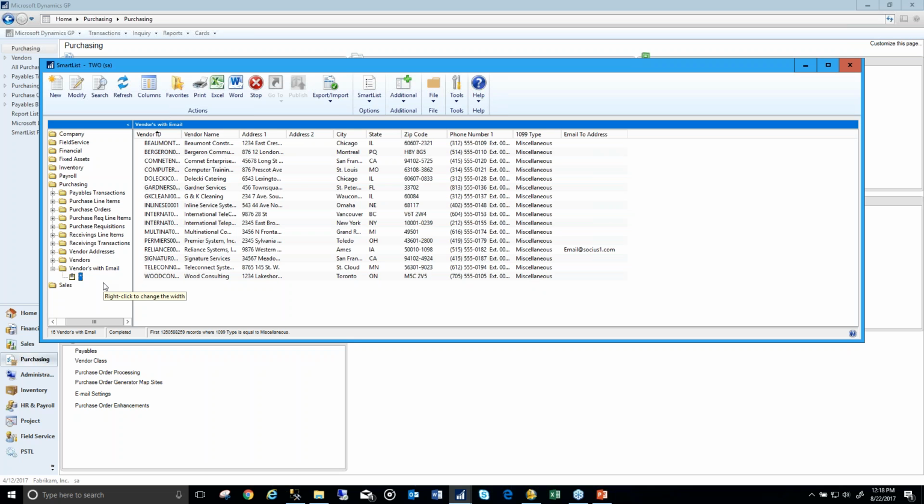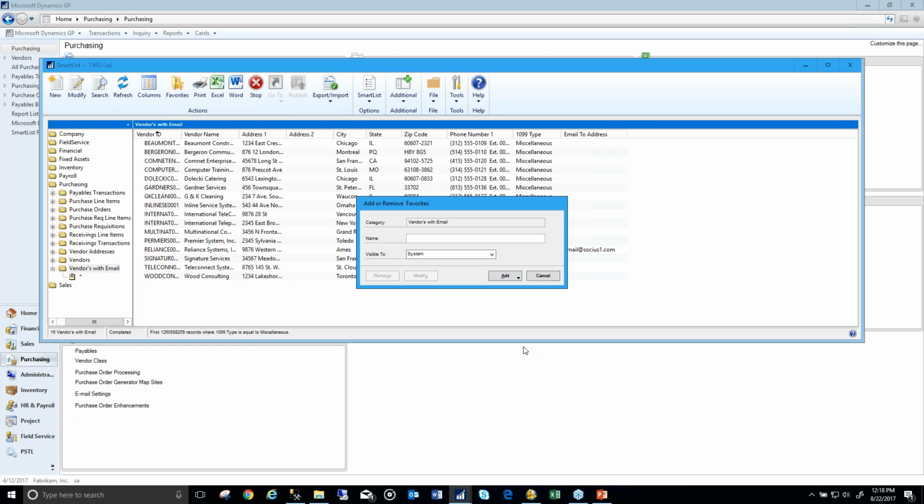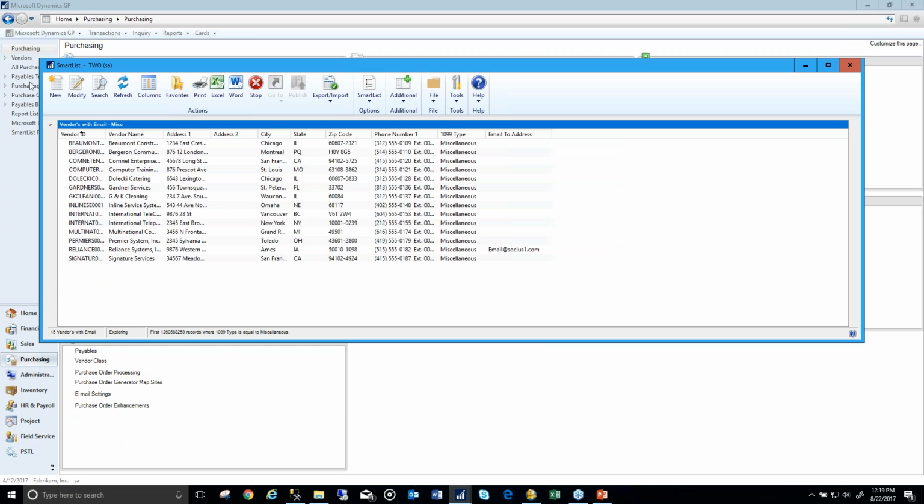Well, this is the one that I'm going to be running quite a bit. If I click off and come back, I'm going to lose that search. So I can click on favorites, and I can call it miscellaneous. You can add it as a favorite, or you can even add it as a favorite and a reminder. So on your home page, you get a reminder to run that smart list periodically. So I added it as a favorite,